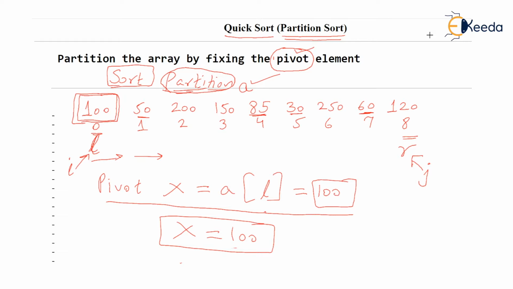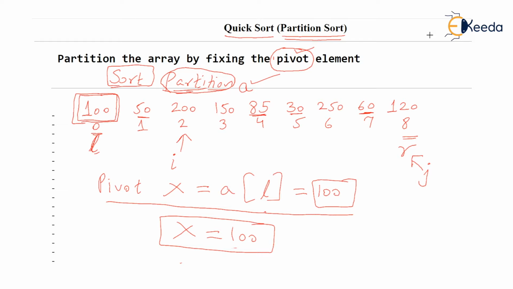So it is obvious that this counter I will increase, and finally it will stop at the second place of the array, because the second place is storing 200, and 200 is the first value from the left-hand side which is greater than 100, isn't it? So I have stopped at place 2. Now it is turn of J. J is at the right extreme.